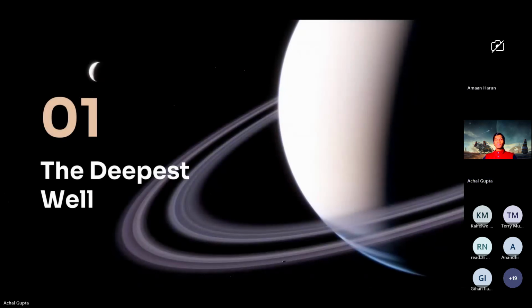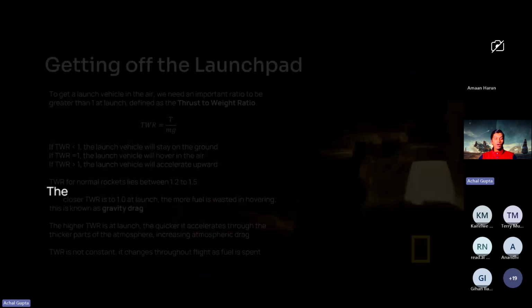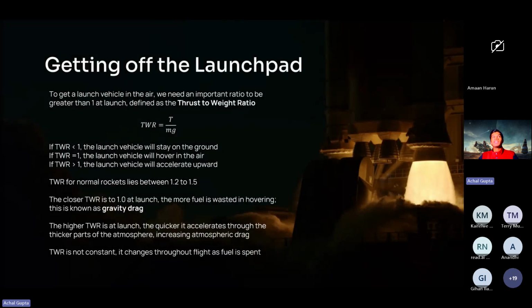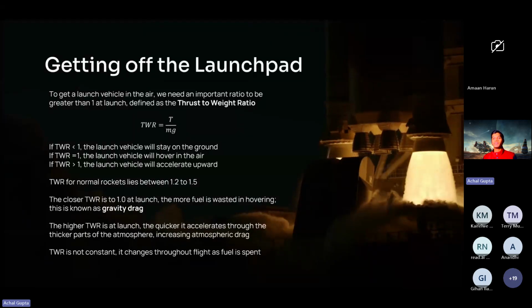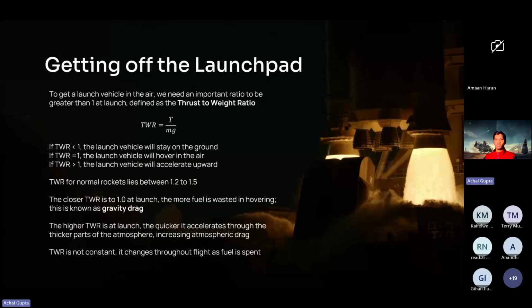But before we travel throughout the universe, it's very important that we start at Earth. So before a rocket even gets off the launch pad, there's a very important criteria that needs to be met. And this criteria is the thrust to weight ratio. So the thrust to weight ratio essentially is just thrust divided by the weight of the rocket, so mass times